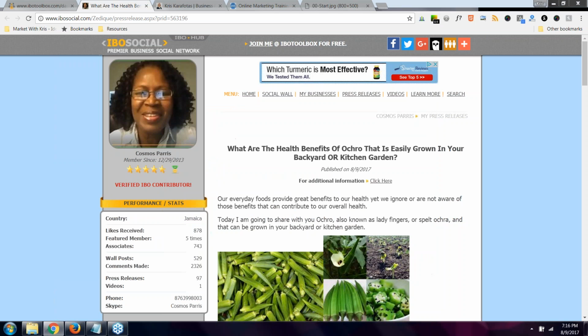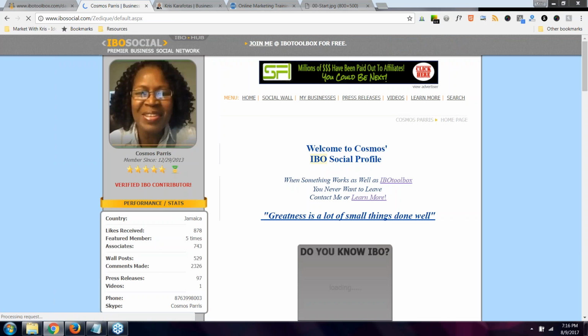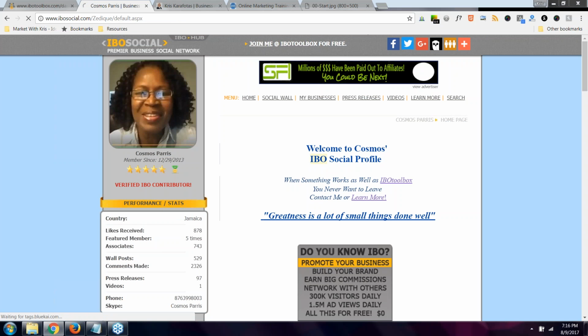So now it's going to post on my timeline. Okay. So you can choose from any one of these, or if there are other ones, you can select from the drop-down menu. But that's how you would share a press release. It's also how you would share somebody's social page, like if you wanted to share Cosmo's social page, you would just do the same thing.